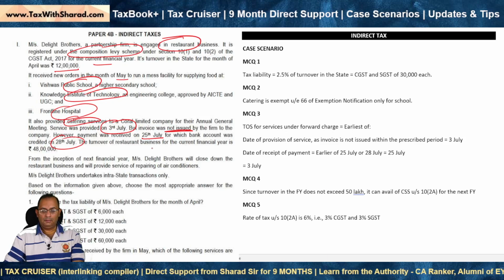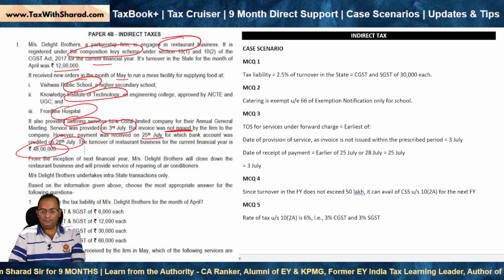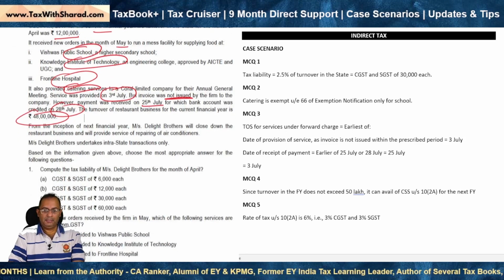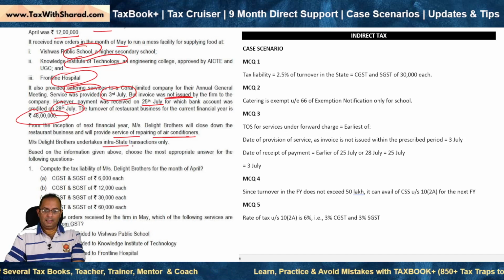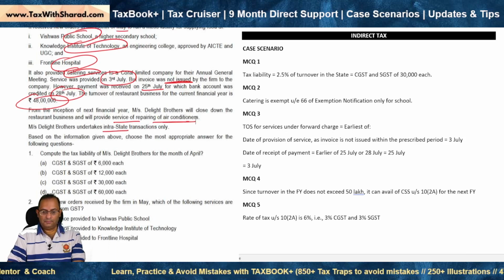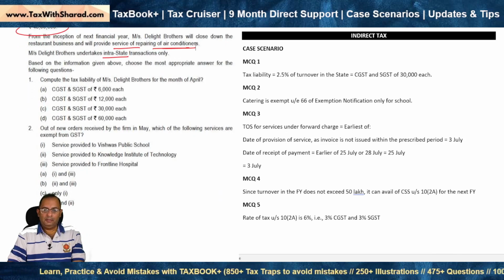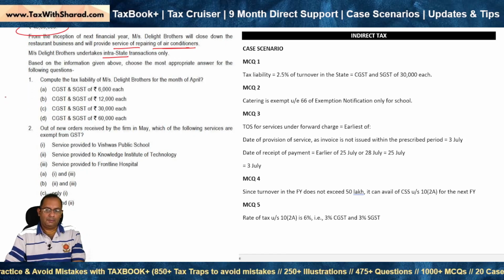The turnover of the restaurant business for the current financial year is 48 lakh. From the inception of next financial year, that means from 1st of April, Messrs. Delight Brothers will close down the restaurant business and will provide service of repairing of air conditioners. So no sale of goods, only provision of services. And they undertake intrastate transactions only. And therefore, our first question is to compute the tax liability of Messrs. Delight Brothers for the month